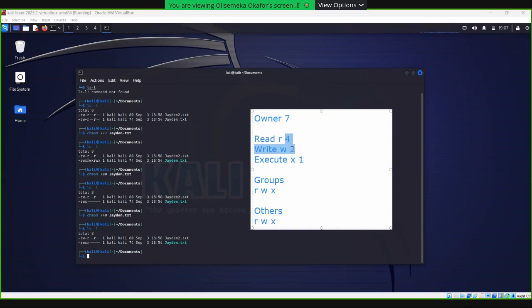If we add all of those up together, 4 plus 2, that's 6, plus 1, that's 7. That gives us 7. So what does that mean that this owner has permission to do? If the owner's permission is 7, then they can do what? They can read, they can write, and they can